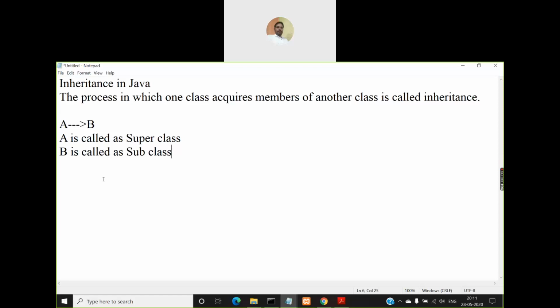In the same way, when class B acquires members from class A, class B will not have only the members that it acquired from class A. It will also have its own exclusive members which are not part of class A. So class B is bigger than class A. Along with the members of class A, class B will have additionally some more members also.